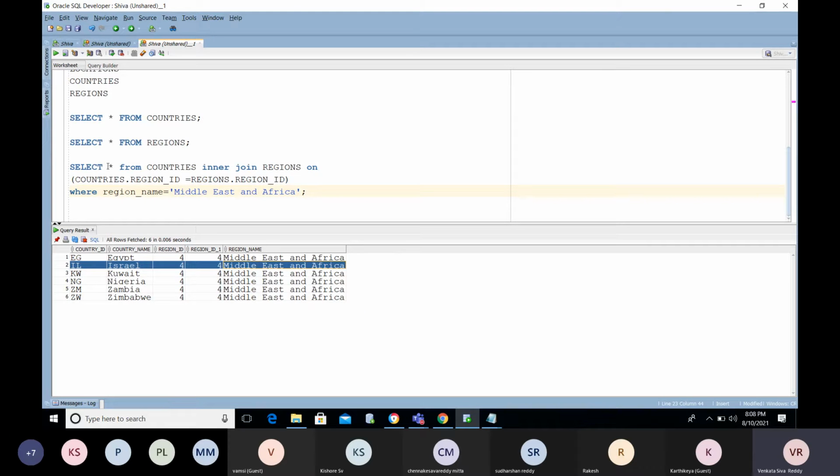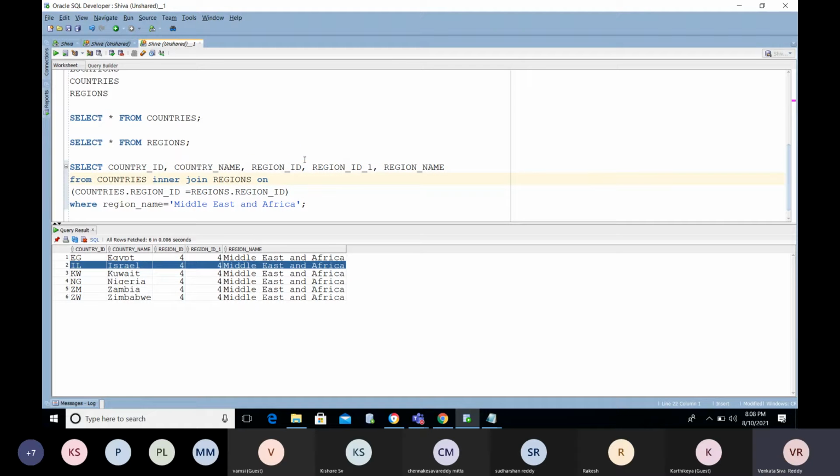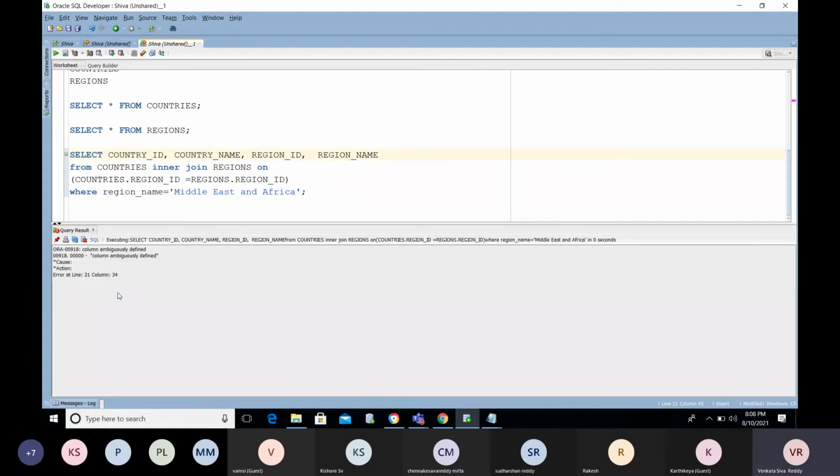So I just copied the required columns here and I am going to use them here. Region ID is in two places. See what error I'm getting: column ambiguously defined. Here we have only 4 columns, so you can trace it very easily.